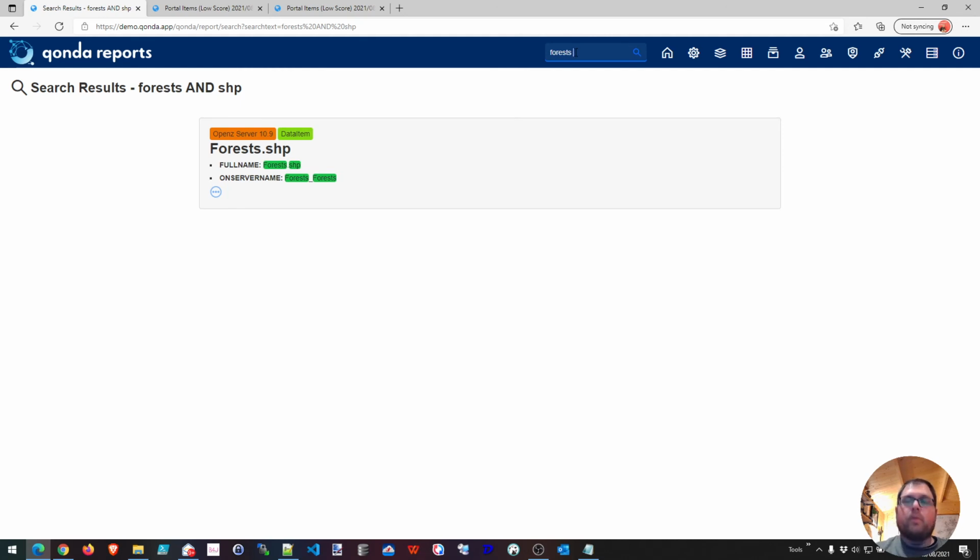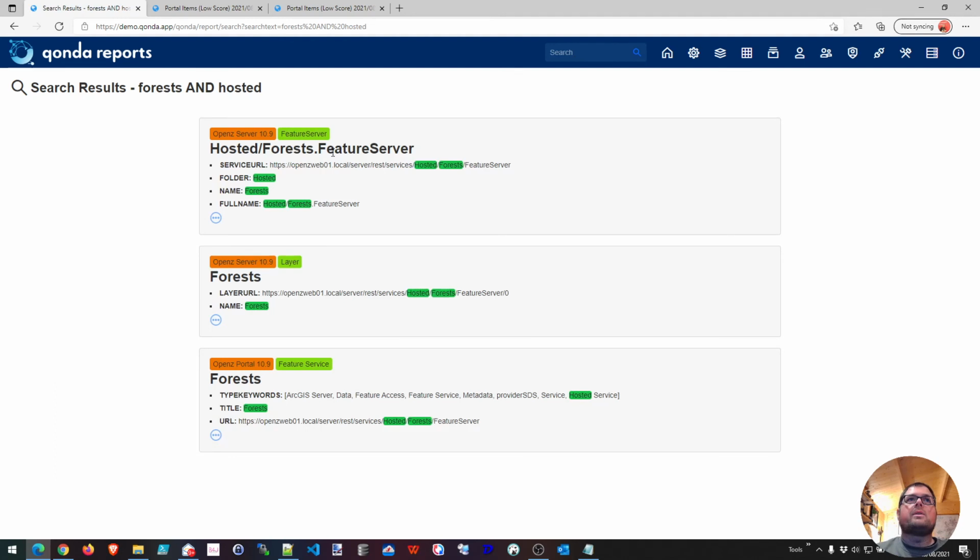We can also look for things like forests and hosted, and this will bring us back anything that's related to forests, which is also a hosted feature service. So we can see here we have a feature service as well as a layer,